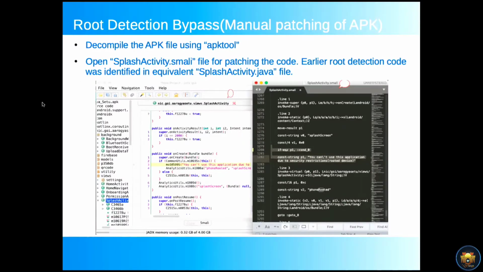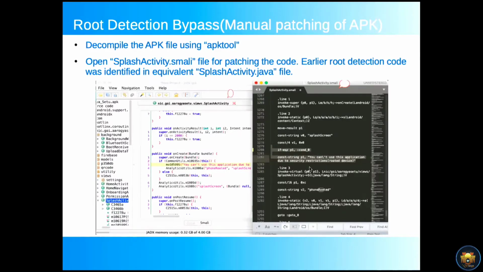I have just opened this file, which is equivalent to, I mistakenly wrote Java, equivalent to the SplashActivity.kt file. You can compare here in the snapshot, I have opened both. So here you can compare this function in the source code and the corresponding Smali file. At line 1280, you can see the condition checking, the assembly code.